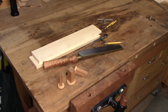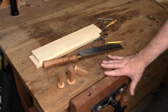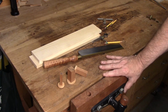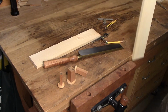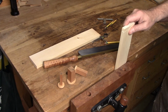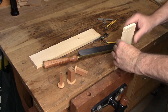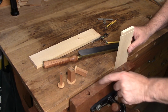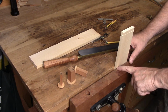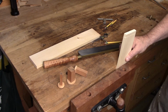Okay, so here's a quick tip for those of you like me who don't have a fancy twin screw vise or one of those really nice leg vices. You're going to have to deal with racking. So if I try to mount this piece of 1/2 inch pine into this bench, I'm eventually going to hit, and if I press much tighter you'll see this end closing in. It'll pinch this. Especially in pine, I'll get a nice mar on this wood,